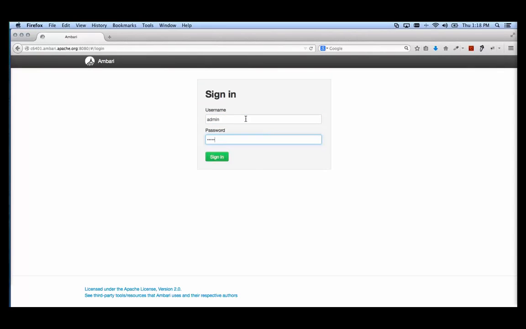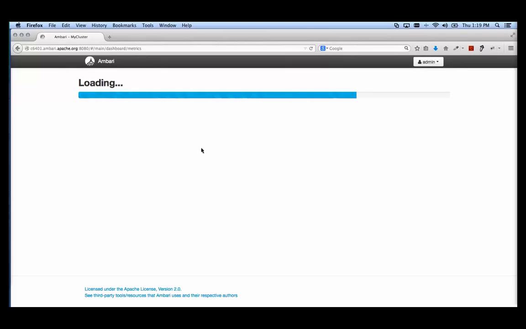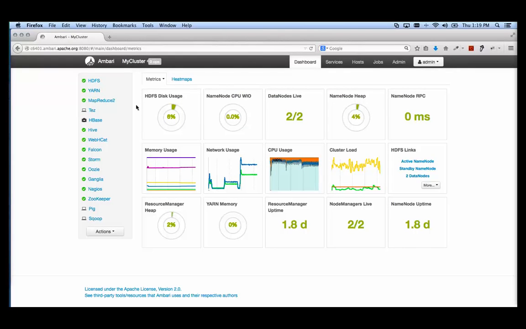So the web interface of Ambari, I should point out, is a JavaScript application. So it is using the Ambari REST APIs to perform all the operations you're going to see me highlight in this demonstration. So it will give you a sense of how rich and robust the REST API is as I'm highlighting these features. So I'm actually going to go log into the Ambari web interface, and I should highlight that Ambari supports authentication against external LDAP and Active Directory, although it will ship with a default local authentication source, which is really useful to have available when you're doing proof of concept or just small use type